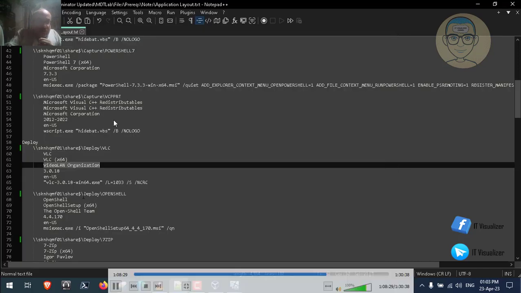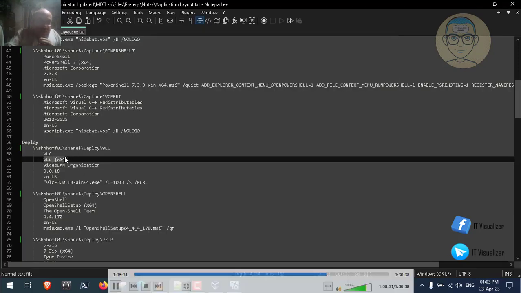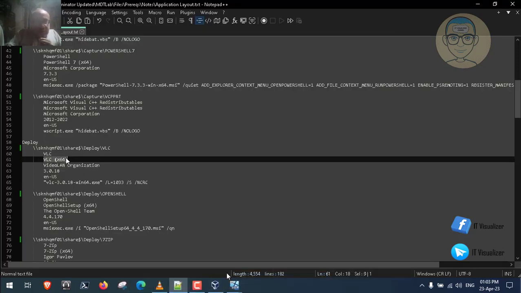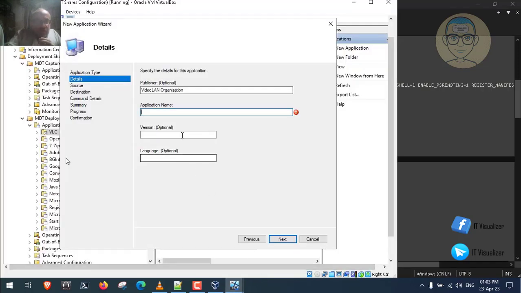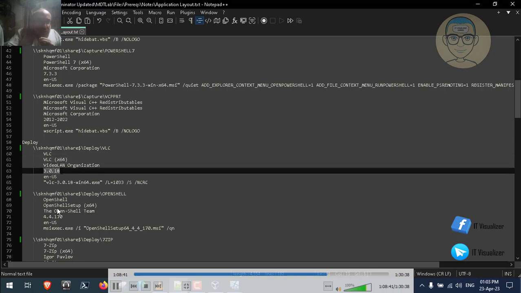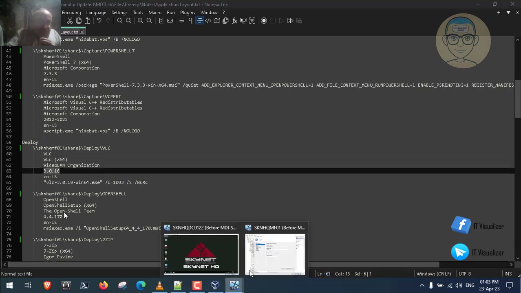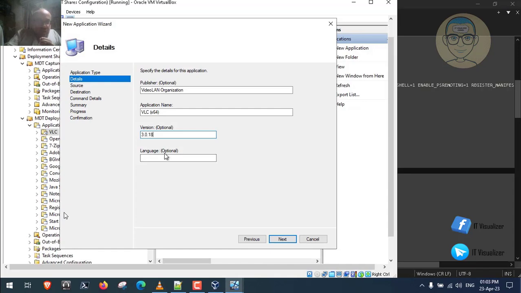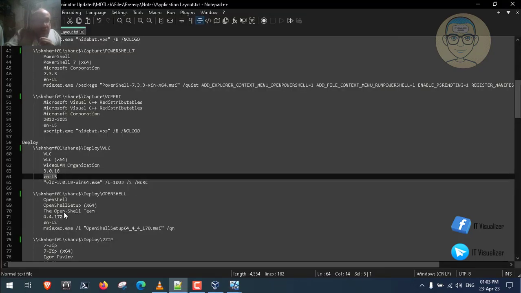So this is the first thing. Okay, and then the name of the location is the second line. Okay, we can go and put it here. The version is the fourth line. This applies to all of the applications. We will see that we have it in the same order. Okay, so this is the version, and then the language,